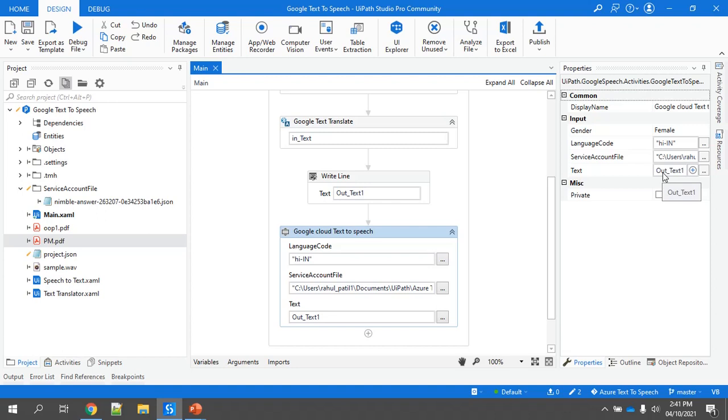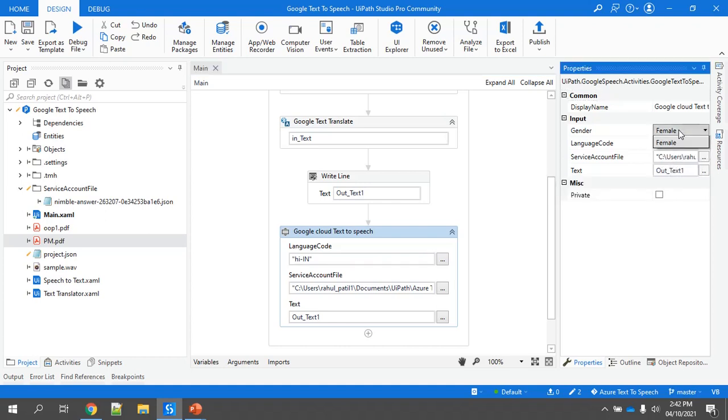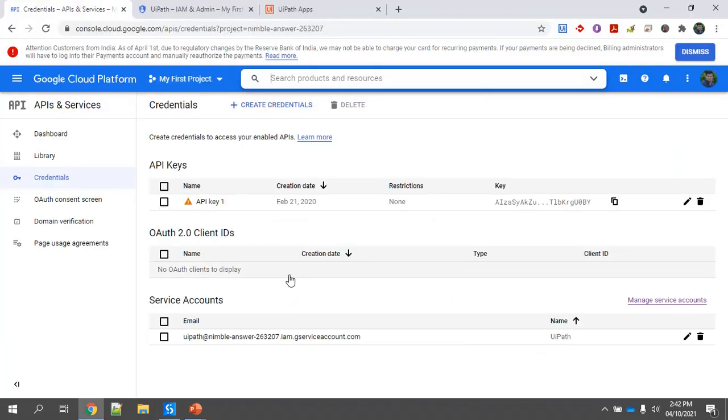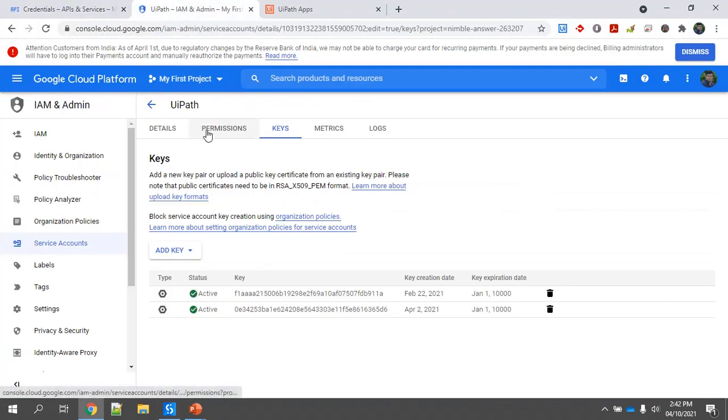So these arguments again we have provided here to the Google Cloud Text to Speech activity, and the language code again we have used here is Hindi. Here the key part is that we have provided a service account file. Again, from where have we created the service account file? That file you will receive from the Google Cloud Platform again.